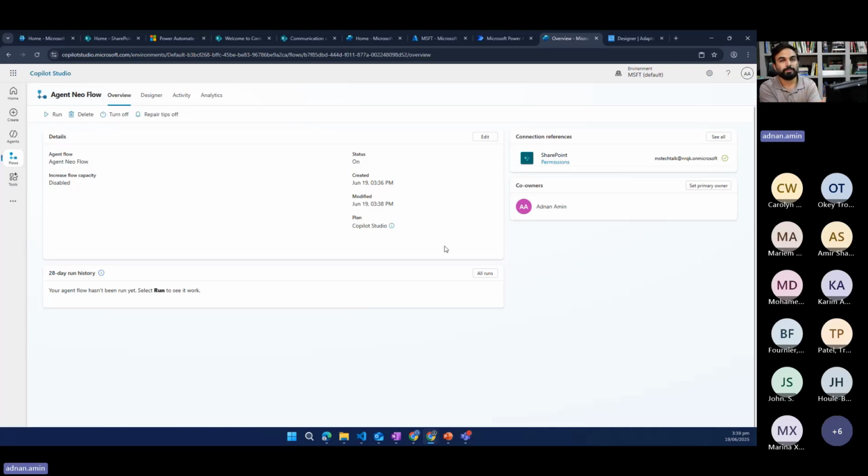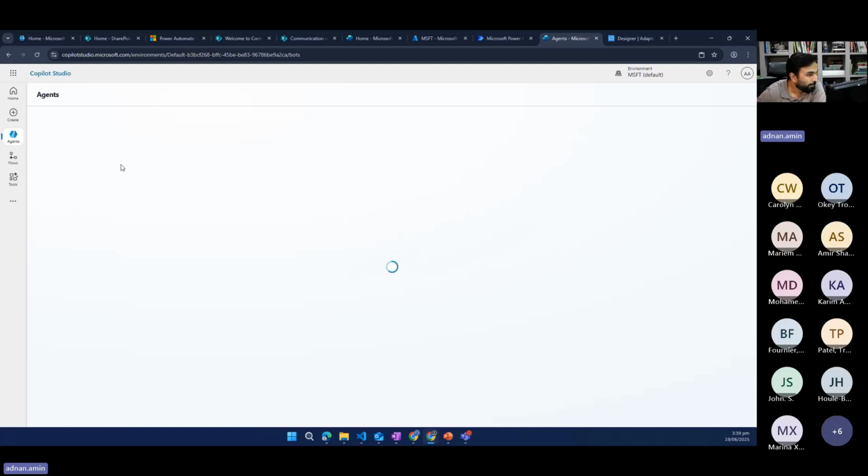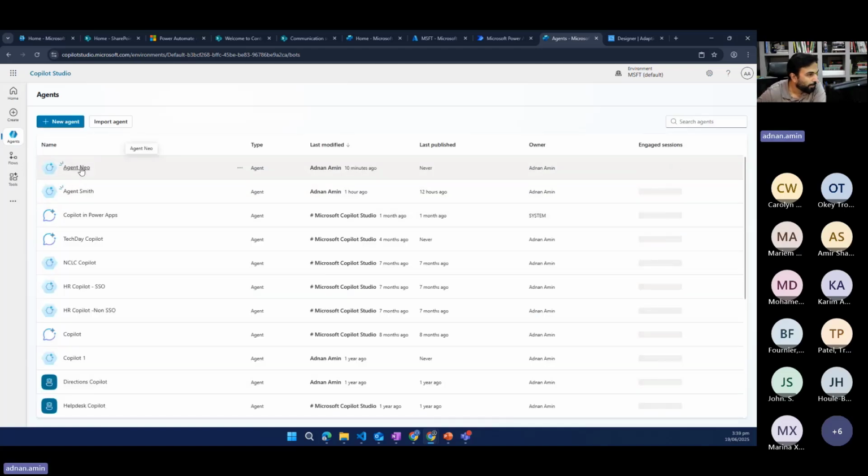It comes under the Copilot and works similar to how the licensing works for the Copilot. So it's different, and it's not based on the number per user or per usage. It's just based on organization wise. And if I go back to the flow here, agent, my agent here, and agent neo,